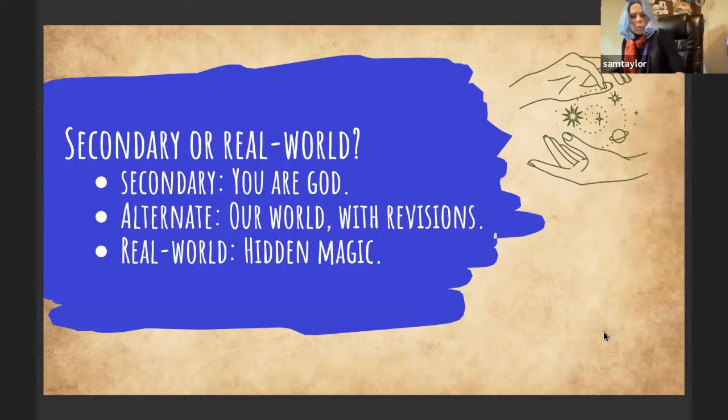So three different ways you can approach the world building. None is better than the other, none is worse than the other. It's just very different ways to approach the story. And so it is one of the first things you need to think about. And consider what kind of a world do you need? What kind of characters are you writing about? Which of these approaches would best serve the story that you're needing to tell?